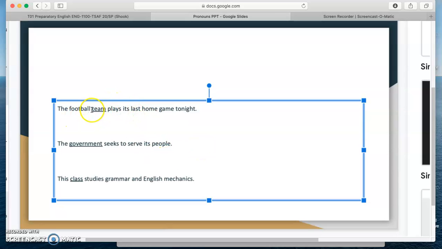But though we know multiple people are on a football team, we are referring to the team as one collective unit, one collective body. Same thing with the government. We know that there are a lot of people that make up a government, but we tend to refer to government as one acting body. So the government seeks to serve its people. Same thing with classes. For this class, for instance, this English class studies grammar and English mechanics, though you are all individual